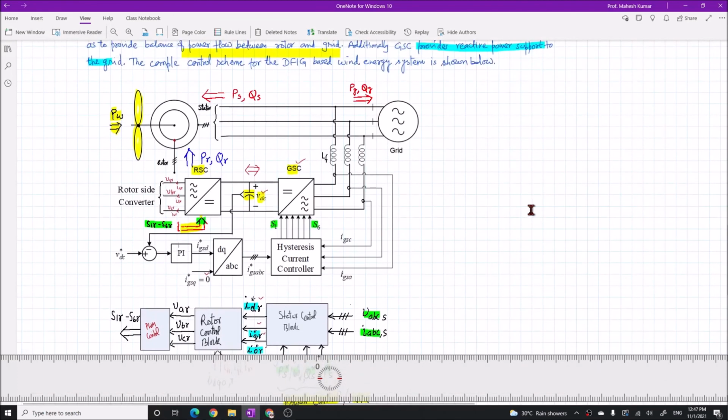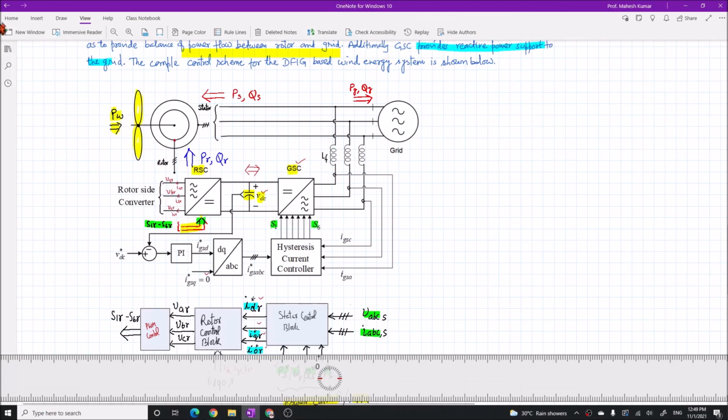Okay, so I hope these concepts are clear, and I hope that you will get very good details of the DFIG system, how it is operating, what are different parameters, how it is connected to the grid, and its various control modes. Still, there are many more things that you have to go through. I have uploaded tutorial number 3 based on this discussion. I hope you have seen it in the Moodle, and please go through that sheet. There are some more important questions I may add later on.